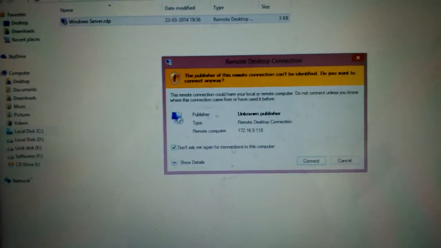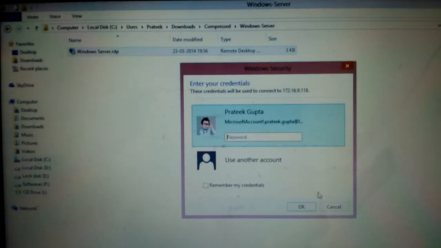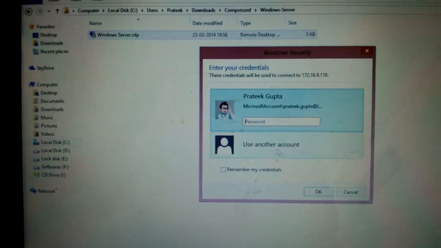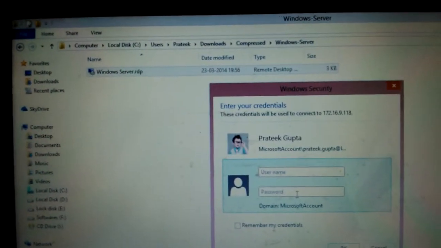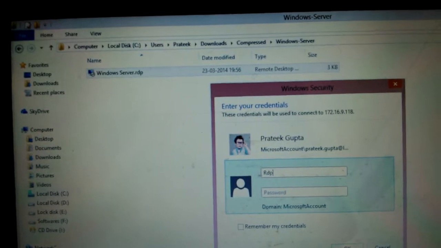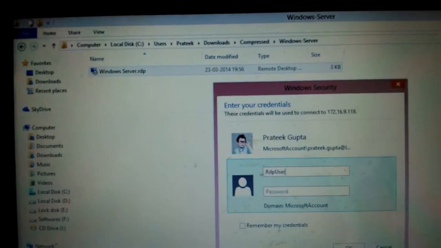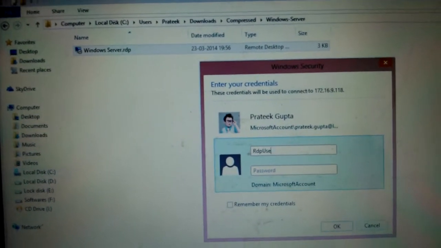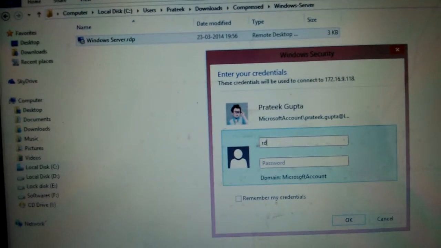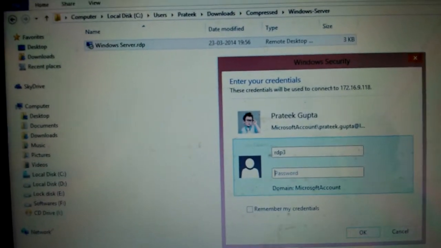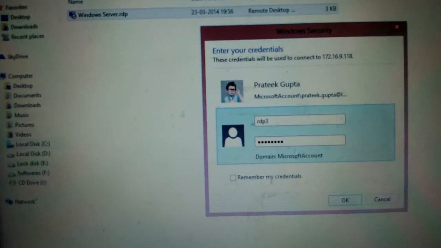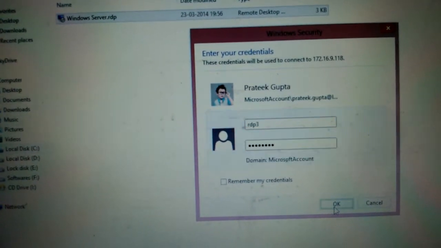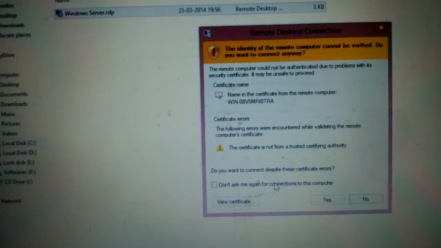Okay, so we don't want it to ask again. Let's connect. It's asking for username. So you use the server's credentials, the server's username. Okay, don't ask me again for certificates.